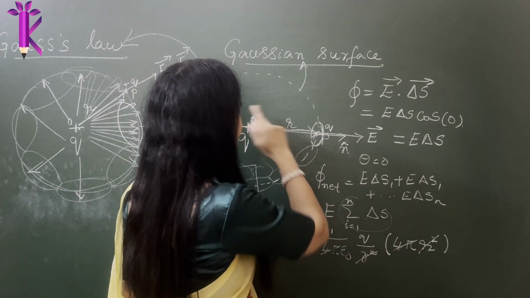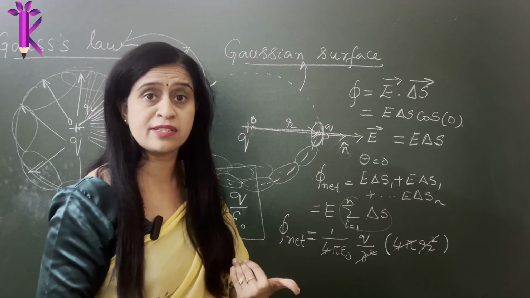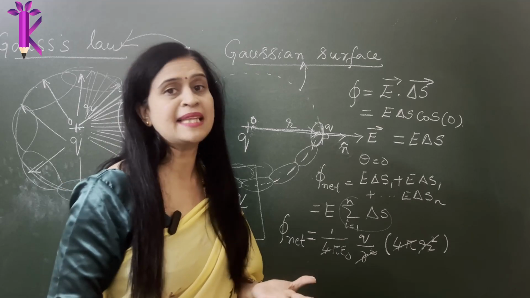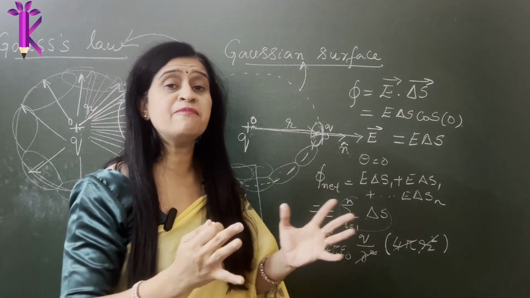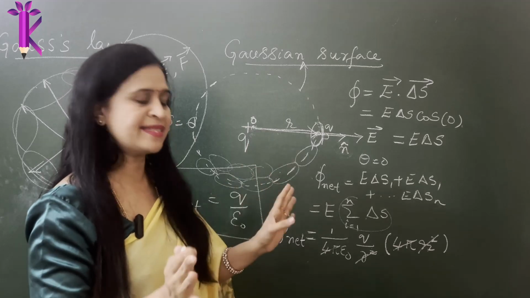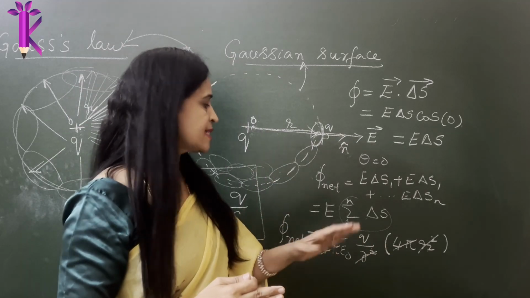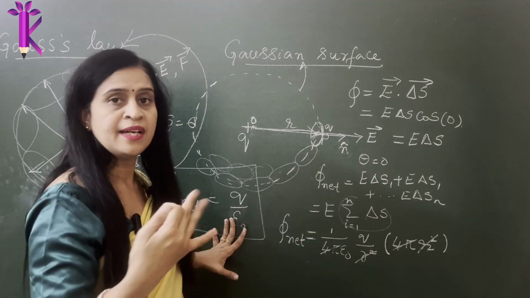What is r? r is the radius of the imaginary sphere, which we call the Gaussian surface. Why are we imagining it? Because we want to make our mathematical calculations easy, and we generally assume a shape which has a symmetry, and a sphere has the best symmetry. That will not complicate our mathematical problems, and it will help us arrive at our physical relations very easily.